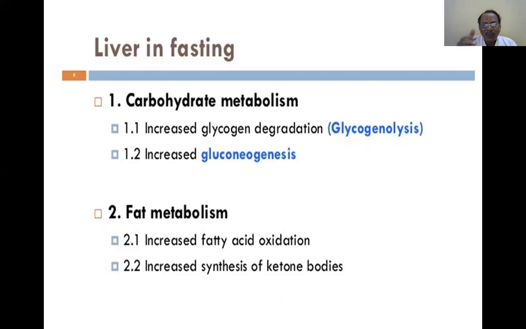And second, while this is going on, it cannot fully replenish. Just now we saw only 0.2 kg is the available glycogen. The remaining main energy sources are the fat and the proteins. Increased gluconeogenesis. What are the main sources for gluconeogenesis? The used-up carbohydrates like lactate and pyruvate are sources for gluconeogenesis. What is the definition of gluconeogenesis? Synthesis of glucose from non-carbohydrate sources. That is the main definition.